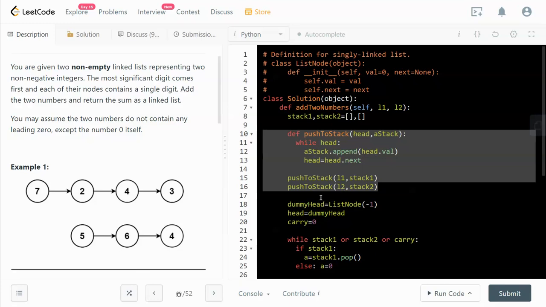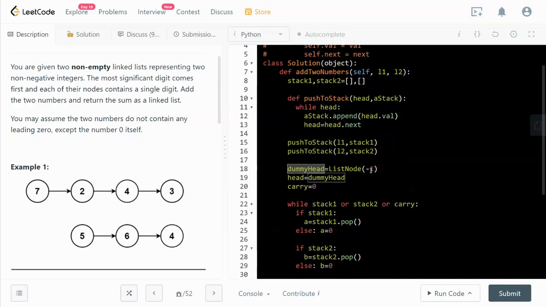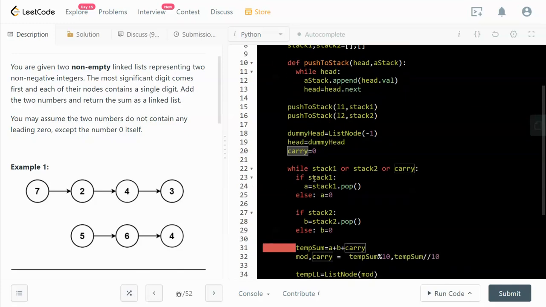And just like most linked list problems, we need to have a dummy head. I initialize the dummy head with a negative number, -1, which I think is not possible to get anywhere else. I just want to have a dummy number. Then we have the head pointing to the dummy head, and we also have to manage the carry number when we do the addition. So while there are numbers in stack 1, or there are numbers in stack 2, or there's something in the carry,